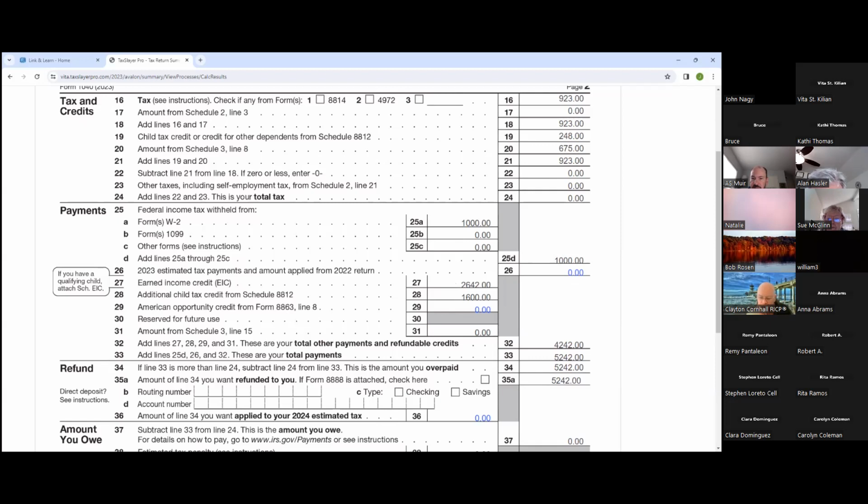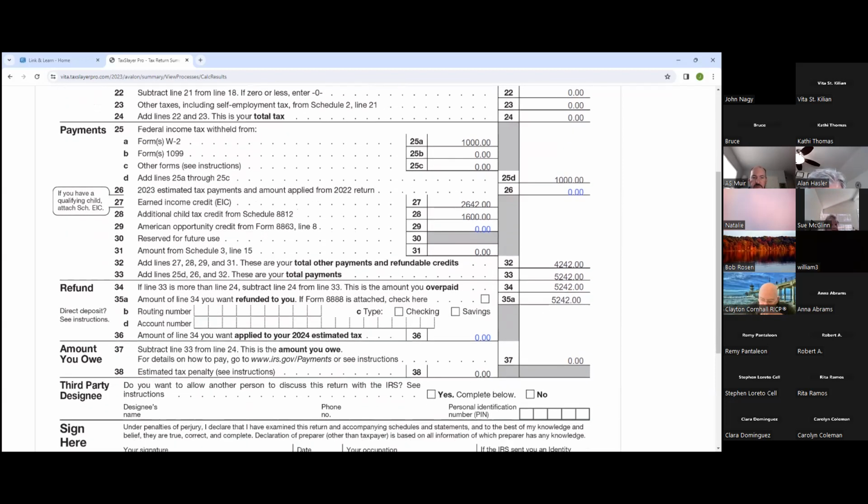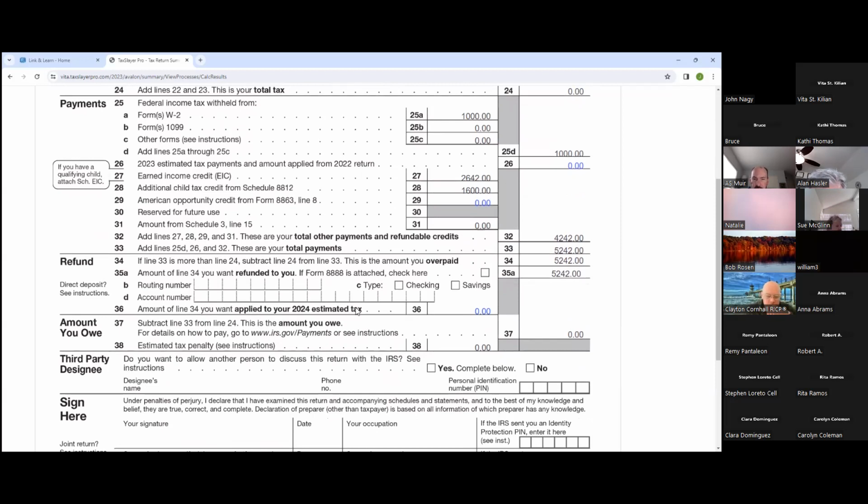Her refundable credits are going to, and her payments are a total of $5,242, and this is the amount of her refund. And when we go through in a later session, we actually prepare her for a refund. Most taxpayers are going to say, yes, go ahead and deposit those refunds in my account. So we ask them for routing and account number, and then of course the type of account. And then that way they get their check usually deposited in anywhere from about 5 to 7 business days.